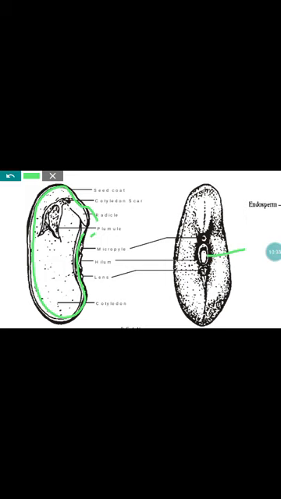Just above the hilum, you can see one small hole. That is the micropylar opening. And just below the hilum, you can see one more opening, which is the lens. The micropyle is somewhat visible with the help of a magnifying lens, but visualizing the lens is not that easy. If the seed is fresh, we can visualize the presence of the lens and micropyle. Whereas in almost all pulses, we can see the hilum with the naked eye.